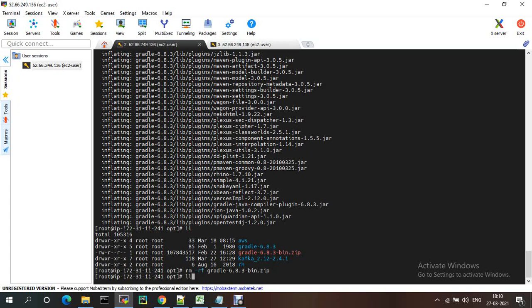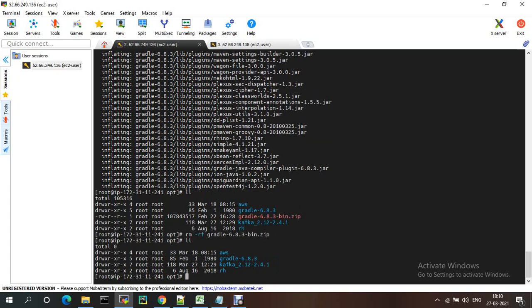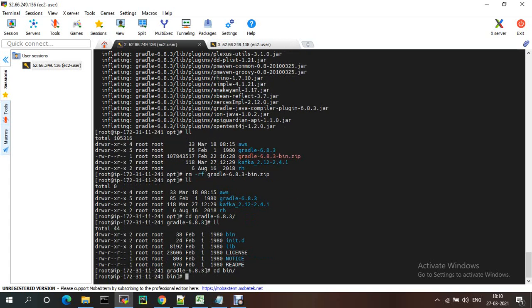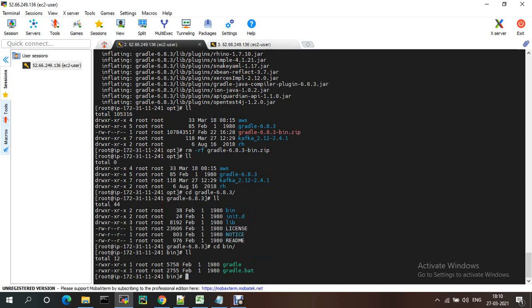Gradle is currently version 6.8.3. If you cd into Gradle and go inside the bin folder, there is a Gradle binary.